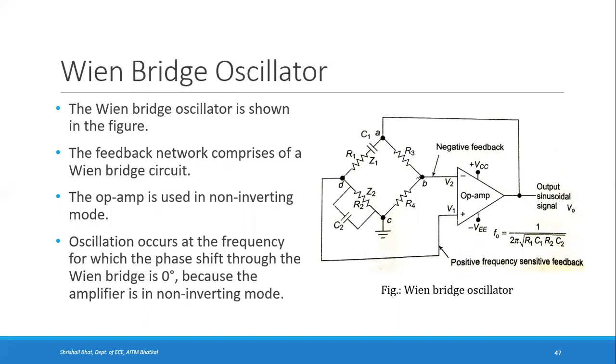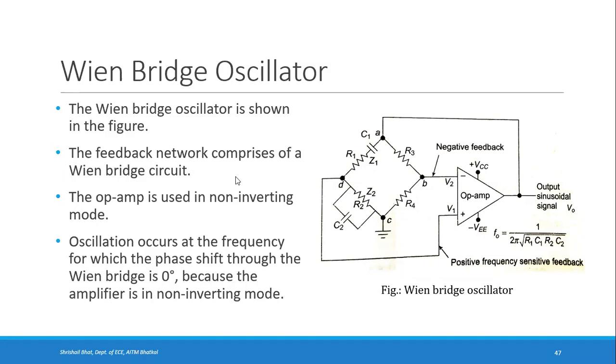And you can see there are resistances R3 and R4. If you compare this with the circuit of a non-inverting amplifier, this R3 is actually the feedback resistance, where you use that RF, and this R4 is in place of that R1 in your non-inverting amplifier circuit. R1 and C1 are in series, R2 and C2 are in parallel. You can consider the series combination as impedance Z1, and the parallel combination as impedance Z2. The rest of the things are the same: the inverting and non-inverting input terminals, VCC and VEE. The frequency of oscillation we will come to later.